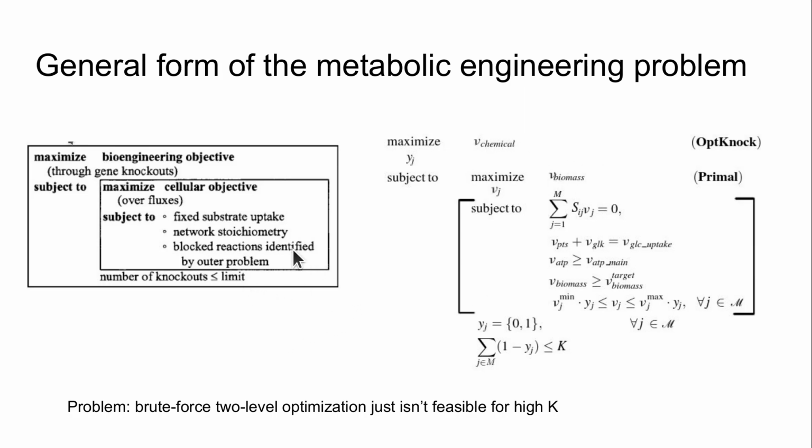The problem with this is that this sort of brute force two-level optimization isn't feasible for higher order knockouts. We can do maybe a single knockout. We can maybe even do double knockouts, but for each additional gene we want to knock out, if we want to exhaustively search strategies in this way, we have to do an exponentially increasing number